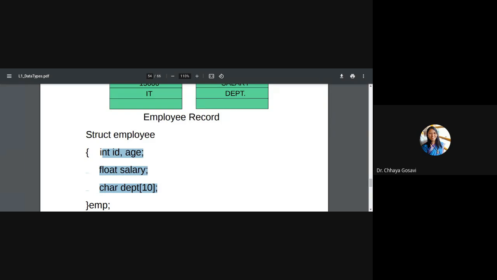You are going to use either salary or department at a time, not both. So a union will allocate only the maximum, 10 bytes. Depending upon which variable you choose, those 10 bytes can store an integer, a float, or only characters. Let me explain.